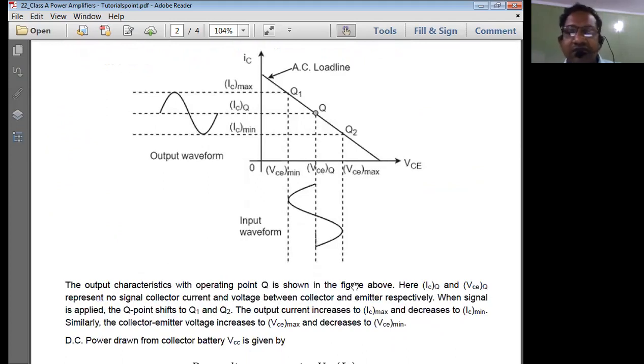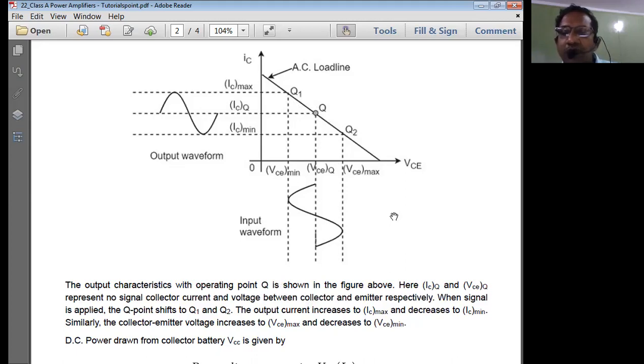Next, we switch over to the AC load line analysis. In this analysis, we see how we are going to explain the operation of the class A type of the power amplifier. We explain the class A power amplifier circuit with respect to the Q point of the transistor amplifier circuit. We know the Q point should be at the center of the active region. Then the input signal is going to make excursions around the Q point. After the signal gets amplified, the amplifier circuit output is going to make excursions with respect to the average Q point. That means there is a possibility that the Q point is going to get shifted here or shifted here if the temperature changes.